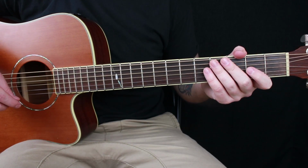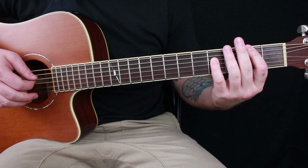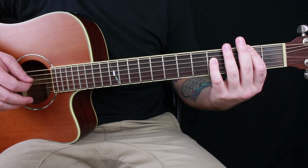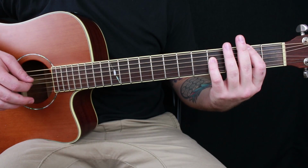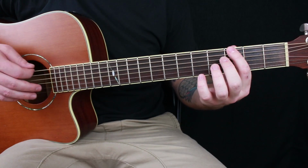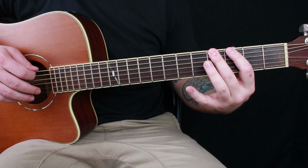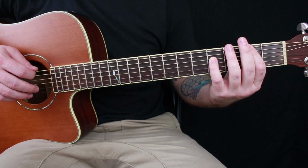Your third chord's an F sharp minor. Index finger 2nd fret, low E string, pinky finger 4th fret, D string. Same way, you're just alternating picking those. That's your E and your D string. Then you have a little pickup note to the next chord, which is the 3rd fret on the E string, and you're going from 3rd fret to 4th fret on the E string. So you're going from your F sharp minor,